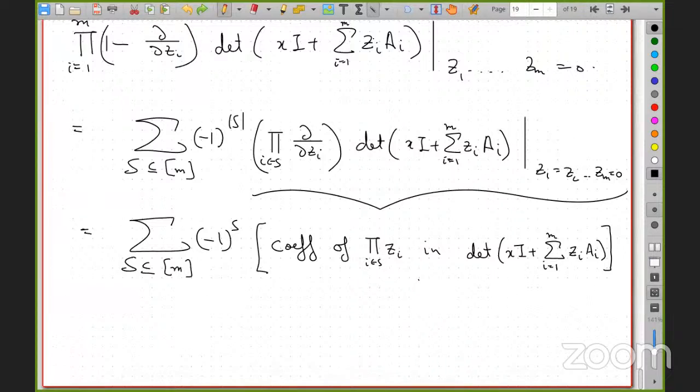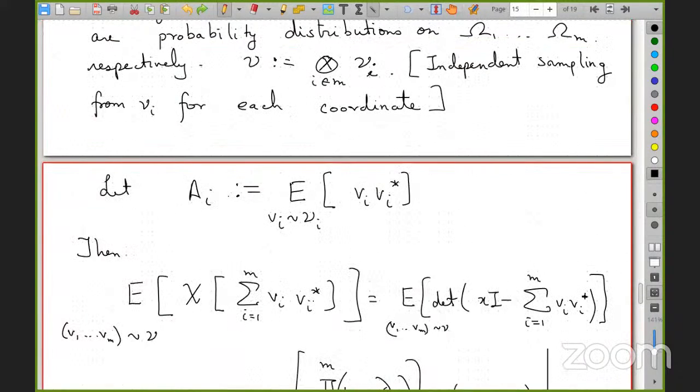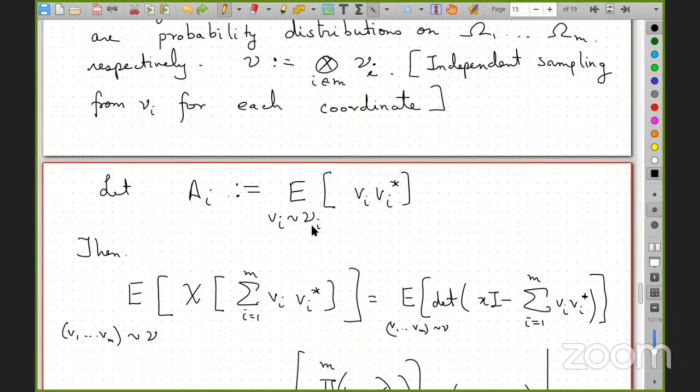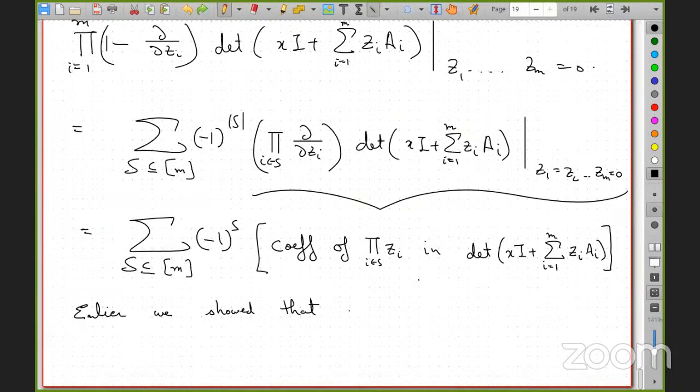Are the AIs rank 1 matrices? So that's the question. Not in general, right? These VIs need not be, in general they won't be. This new I is not guaranteed to be supported on vectors that are in some linear subspace of dimension 1. So in general, the AIs are not rank 1. So earlier, the crucial thing is for rank 1 matrices,